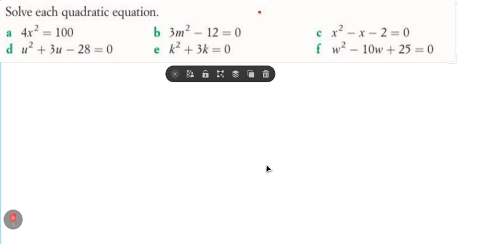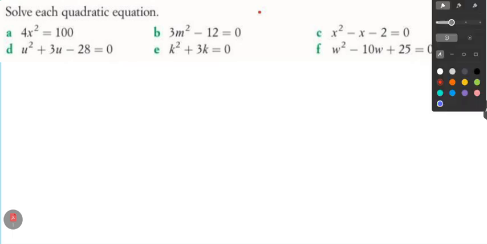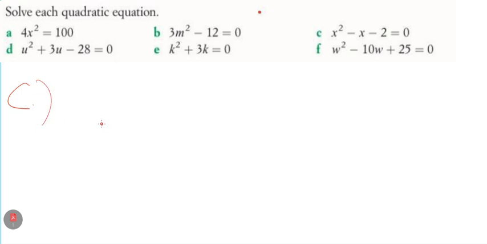Okay, so we are now in the third part. We're done with the first and the second part. Now let's try to solve the third part. If you can see out here, for the C, we have x squared minus x minus 2